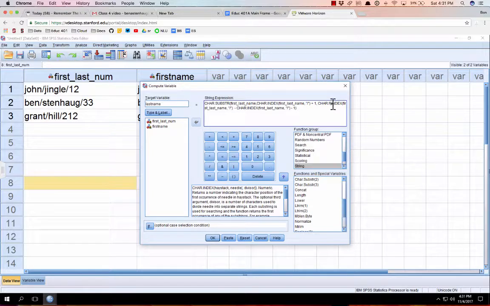Remembering, the difference between car R index and car index is that car R index is going to look for the first forward slash coming from the right, but you might think then, oh, that's going to return 3, like 1, 2, 3. Nope. It's going to look for this one, but when it returns the number, it's always still starting from the left. So it's going to find this one, but it's still going to give it whatever that is, 12 or something, characters from the left. And so let's try this on for size. I'm not entirely sure. This is a little bit complicated, especially this length thing. So there's a few things I could see going wrong, but